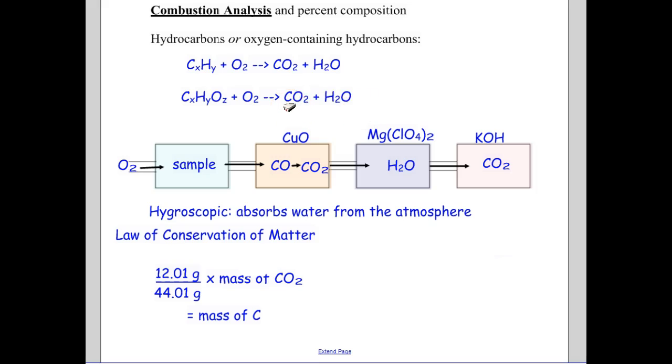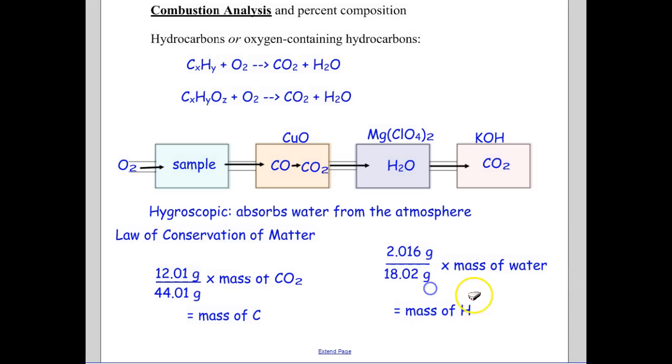Each CO2 has one carbon, which has 12.01 grams per mole. CO2 has a molar mass of 44.01 grams per mole. So that fraction times the mass of CO2 given in our problem tells us the grams of carbon in the CO2. The law of conservation of matter says it's also the grams of carbon in our original compound. We can do something similar